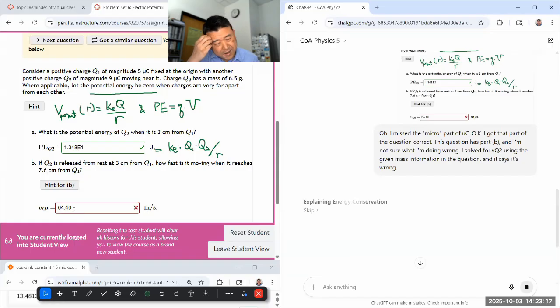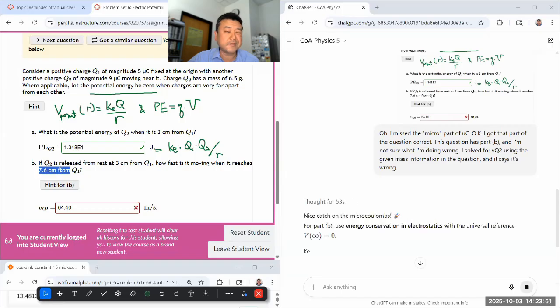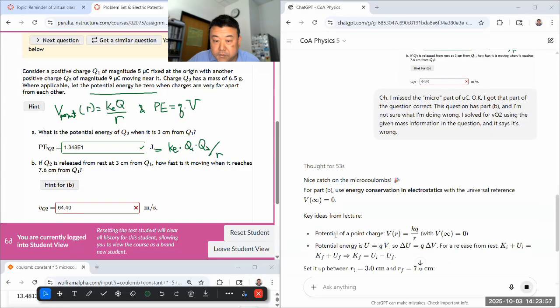Basically, my mistake is I'm treating it as if this is the answer it would be when it's out at infinity, because that's basically the potential energy difference I'm using, from here to infinity. I had to stop it at 7.6 centimeters. I don't know if it's gonna figure that out from the numerical value of my answer, but it'll probably tell you the correct steps. And this being a relatively simple question, other than pointing out that mistake, I don't know how much more. Using reference, get it from lecture.